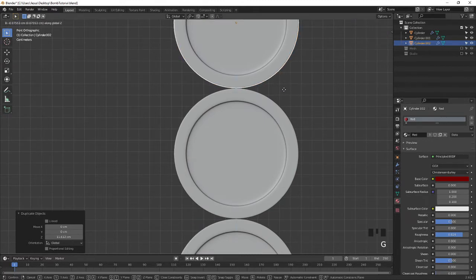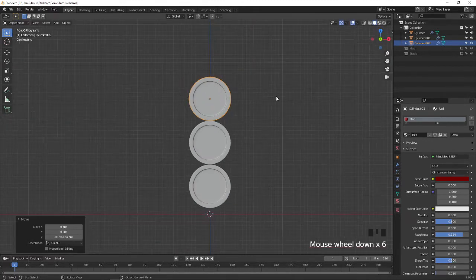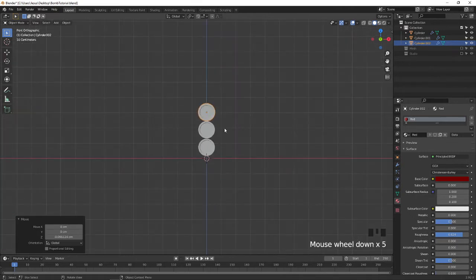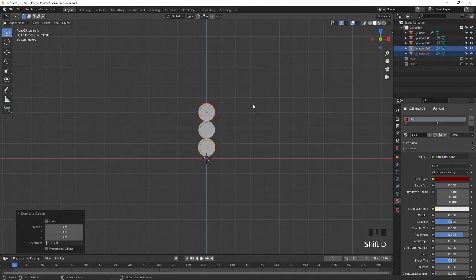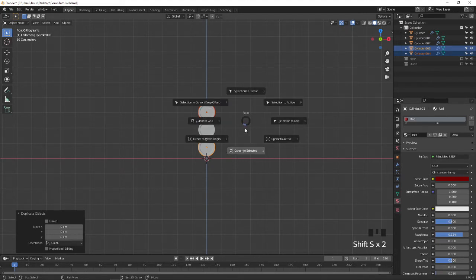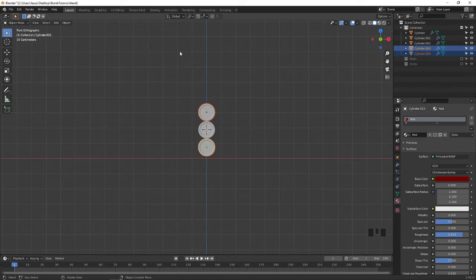GZ, using the Shift key you can move the mouse very slowly. Then select this, Shift D, right click to cancel and press Shift S, cursor to selected, which will come in the middle.